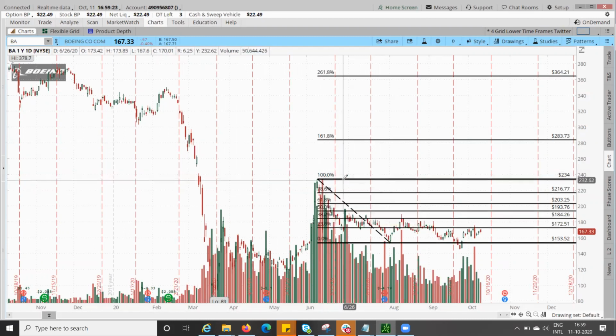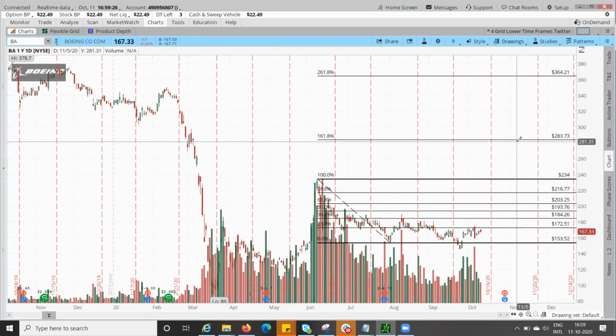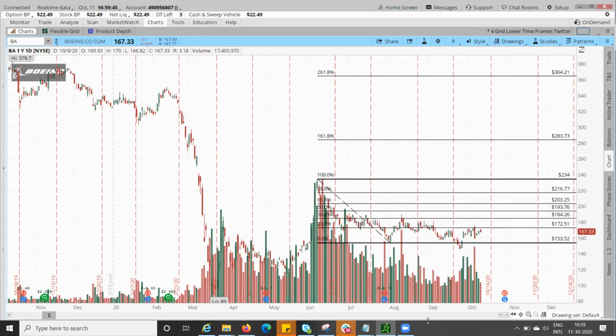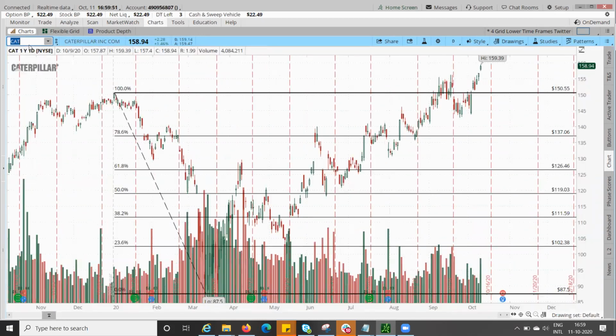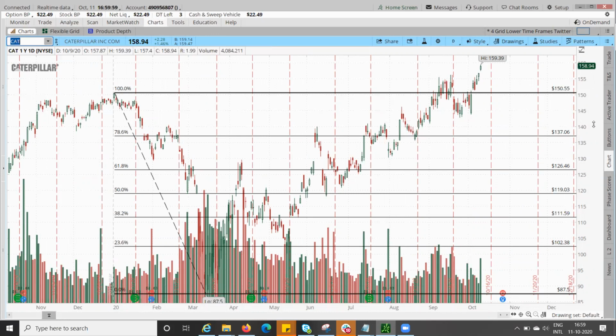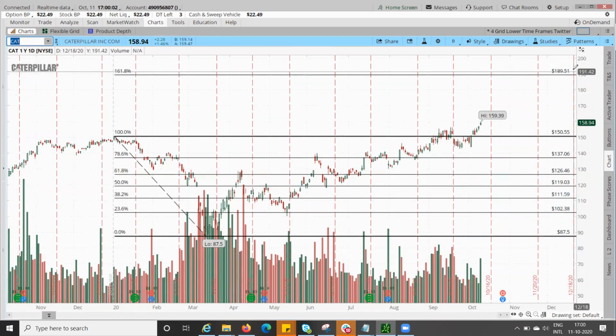It failed right there twice. And I don't know how many people started trading recently or in the last 10 years. This was the prime stock of the Dow Jones. This used to run markets. Only until 2019 has this fallen back. Otherwise, this was the quickest stock trade. It used to open and take the Dow Jones up and down. This and one of my other favorite stocks, Caterpillar. Caterpillar has filled all the gaps and now it's so strong. It's going to go up, and the target for this is this range, 189.